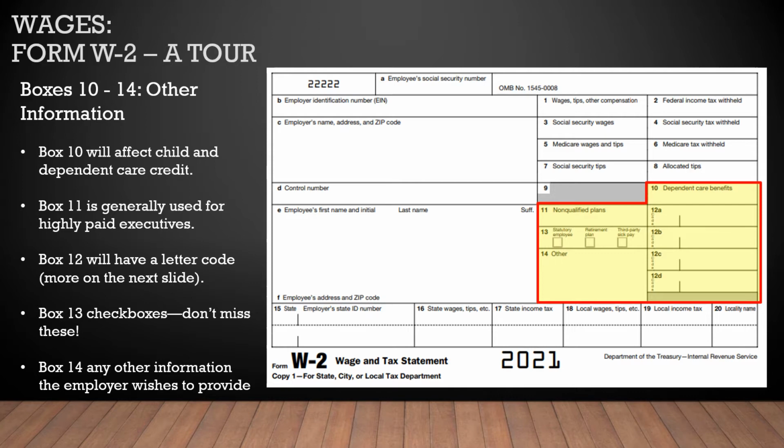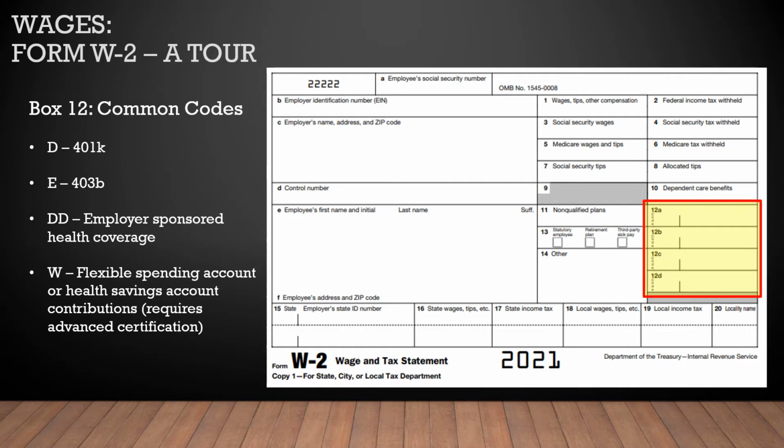Box 14 is just kind of a blanket for any other information that the employer wishes to provide. It could be things like moving expenses that were paid as a fringe benefit. I've seen for Oregon returns, there's an Oregon transit tax that gets put in there. Of course, we won't be doing any returns for Oregon, but it just gives you an idea that there's a wide variety of things that you might see in there. And in TaxSlayer, there's a drop-down box and there's a selection for other, which is often what you'll end up using to report what's in that box.